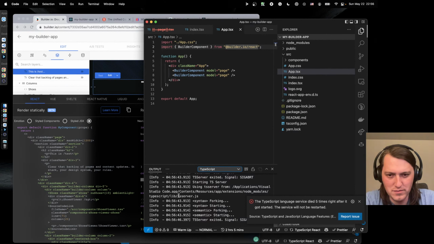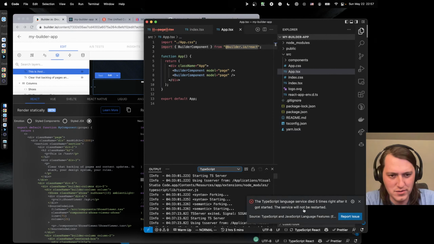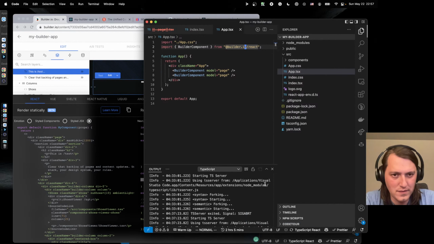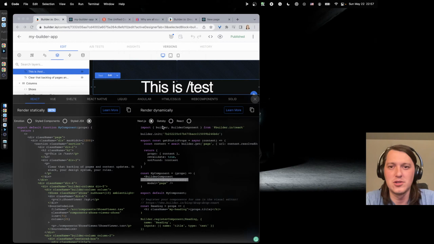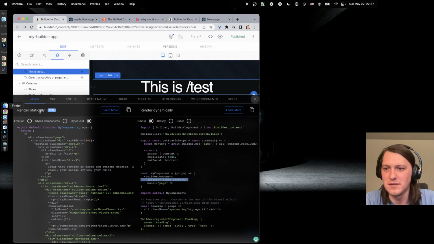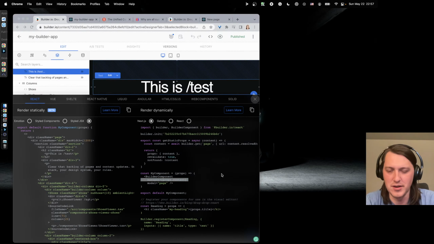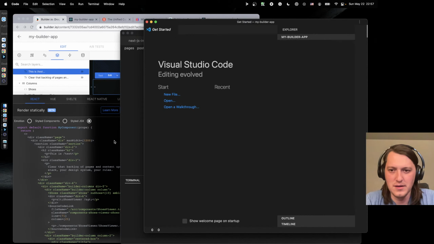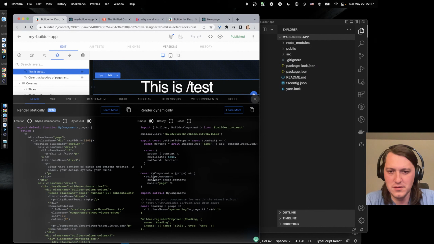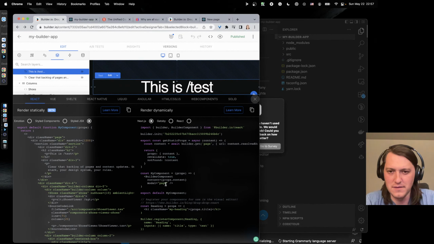Okay, so standard TS server. But why does it crash though? So let's just restart VS Code just in case that's the reason. I'm curious about this stuff.